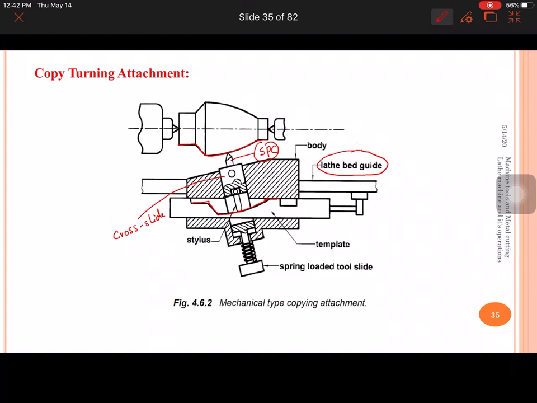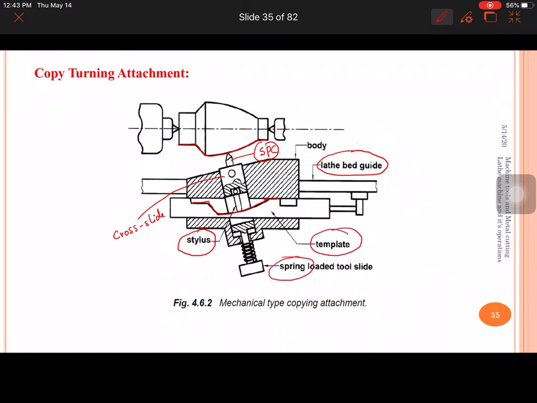And here this stylus is tracing its path along this template surface. Whenever this cutting tool is not in contact with the work part, the stylus will lose its contact with the template because of the spring action.